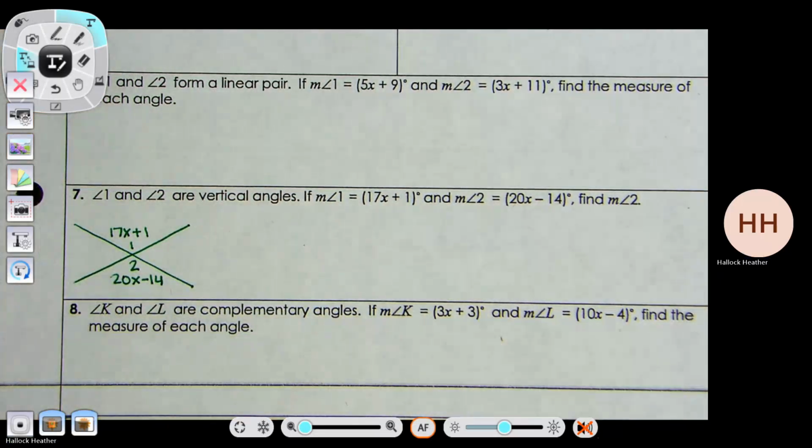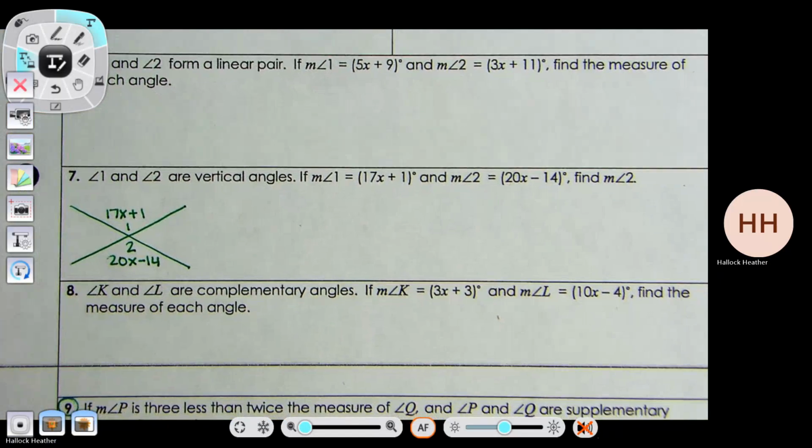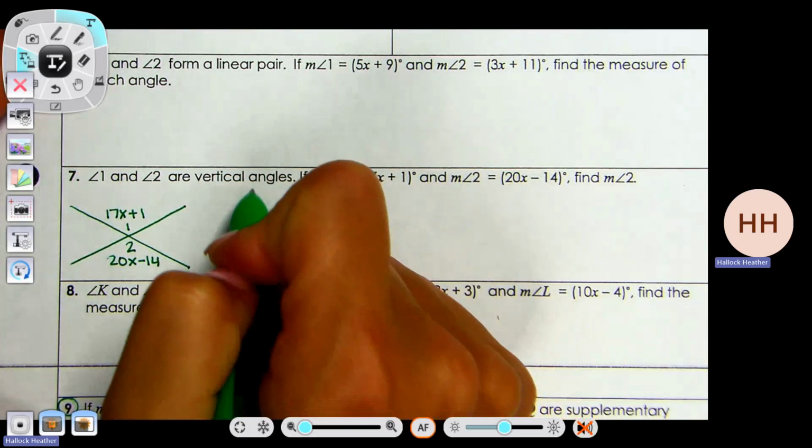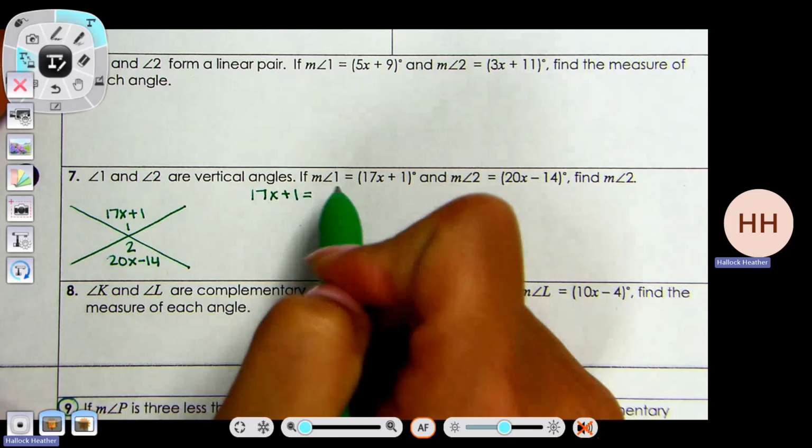So if vertical angles are congruent, you set them equal to each other. They're not adding to make anything because I don't know the total of the angles. So I'm going to set them equal to each other, and then I'm going to solve like algebra 1. So 17x plus 1 equals